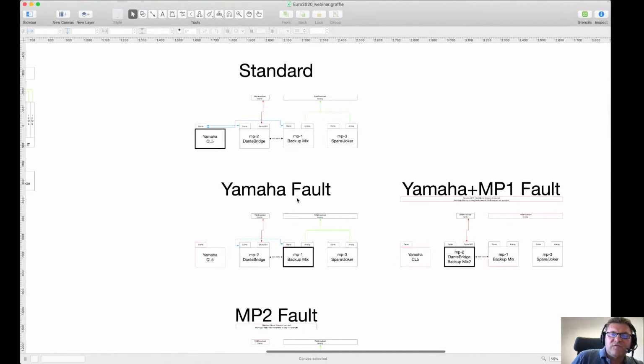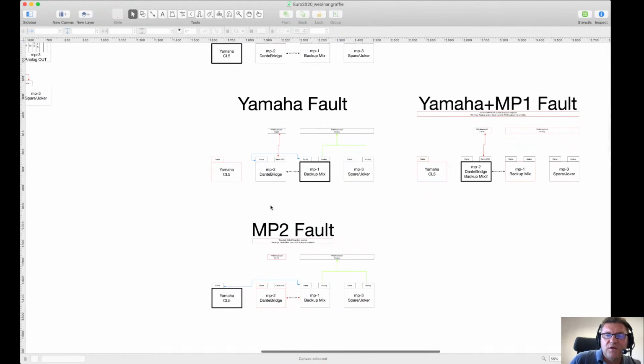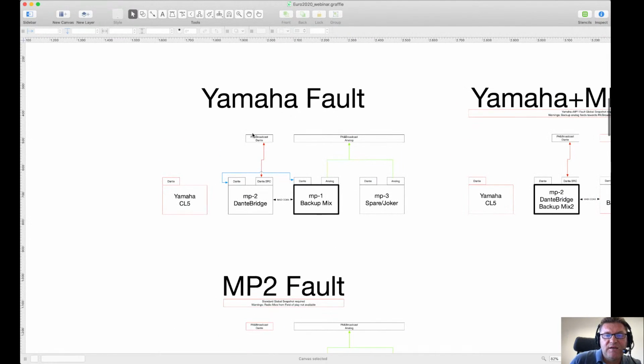That was the case of a Yamaha fault or an MP1 fault. But the MP2, which was also another key PRODIGY.MP, the one making the bridge between the field of play and the control room, could have failed. This is a very, very heavy situation, because that was the main Dante connection, the external Dante connection towards PA